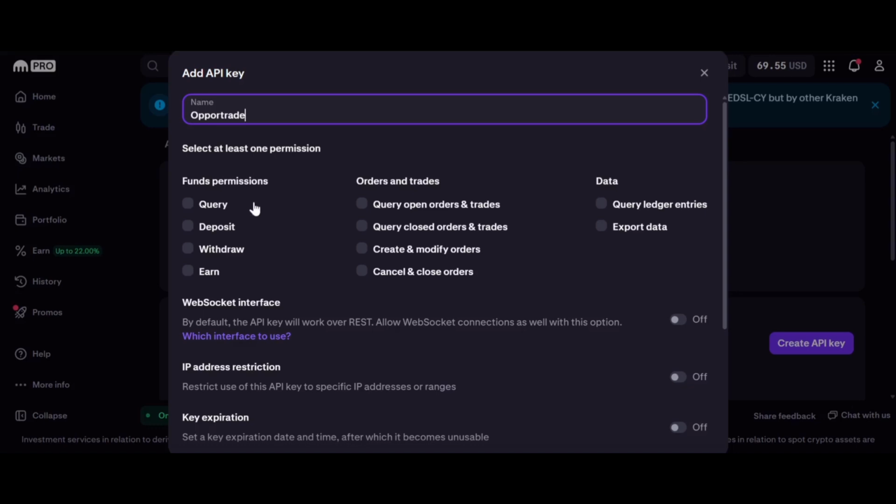The permissions needed for Opportrade to connect to your Kraken account are: Query open orders and trades, query closed orders and trades, create and modify orders, cancel and close orders, query ledger entries. Additionally, you must enable the WebSocket interface by toggling it on. With these permissions, Opportrade will be able to connect to your Kraken account, place orders, track them, and potentially modify